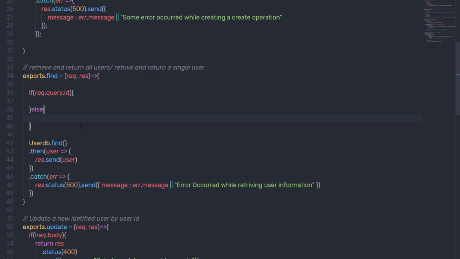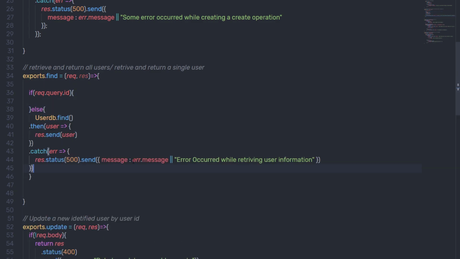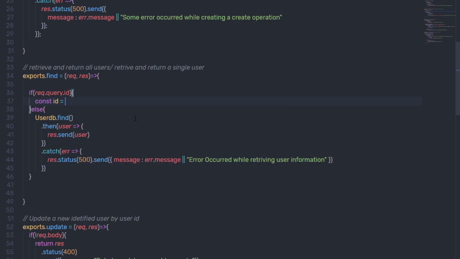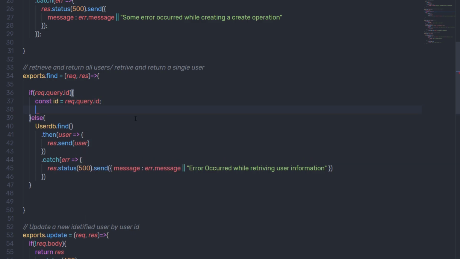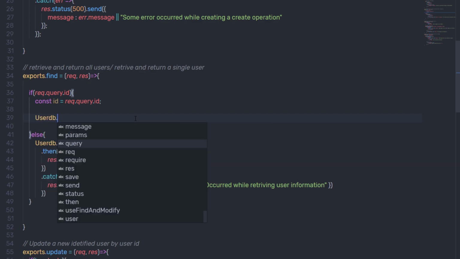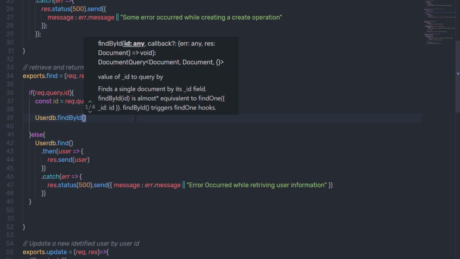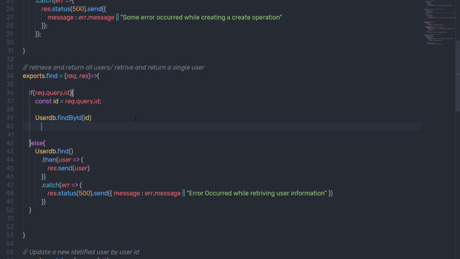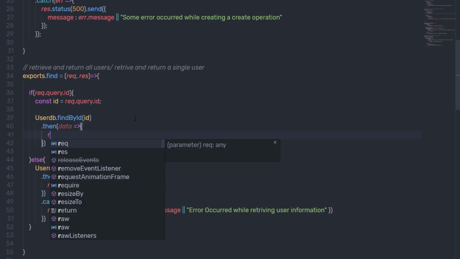So in the else statement, I'm going to put this code like this. Inside this if statement, if I have a query parameter in this request, I'm going to get that query parameter. So here I'm going to say const id is equal to request.query.id and store it in the id variable. And here I'm going to say userdb.findById and pass this id variable here. Just after that, I'm going to call the promise then method, pass the data variable, and here I'm going to say